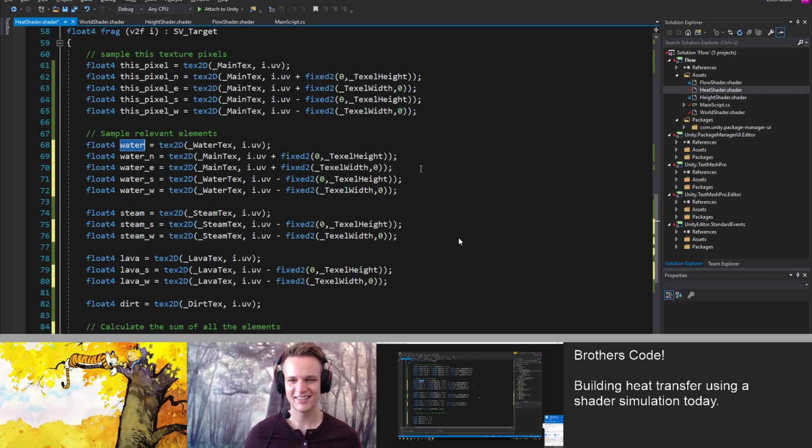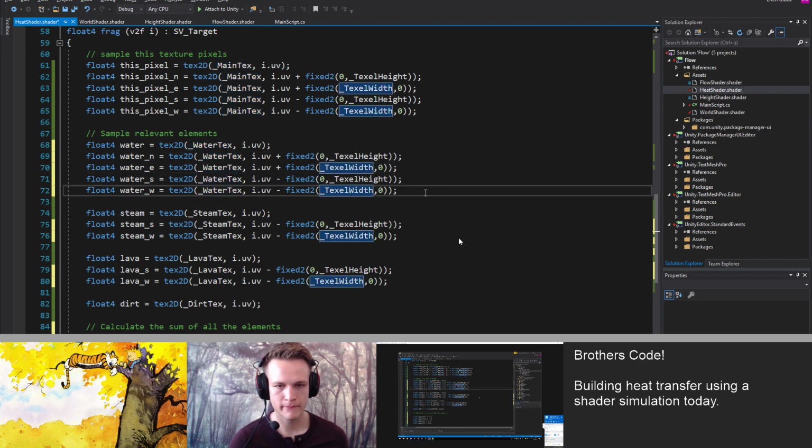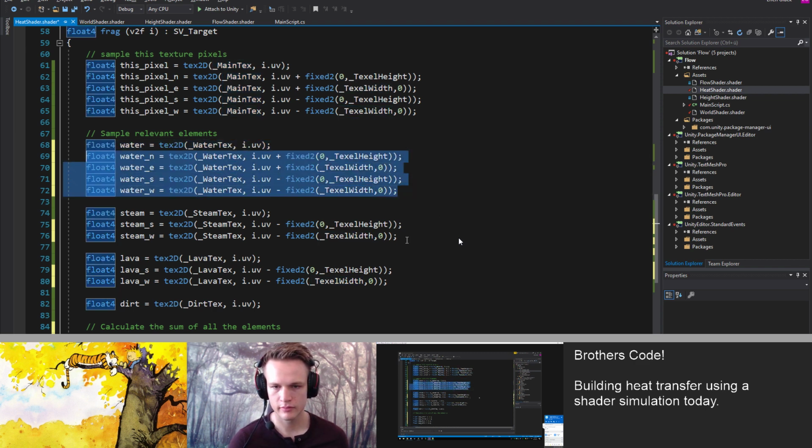But just to get the amounts, I need all of them. Yep, so you're right. We just need the R components, and that'll do it, right? I hope so.